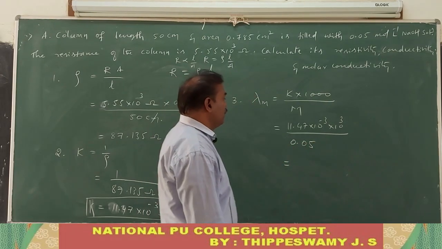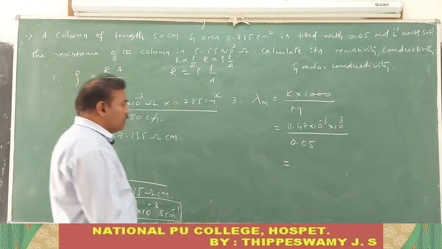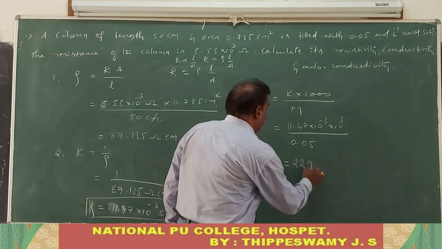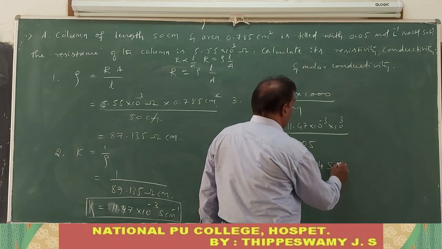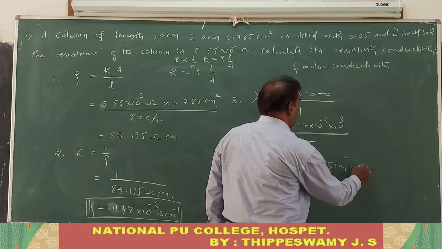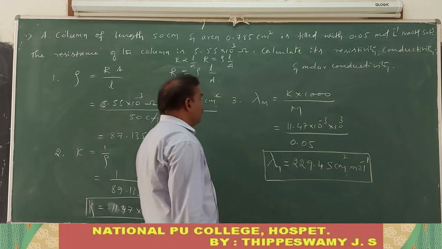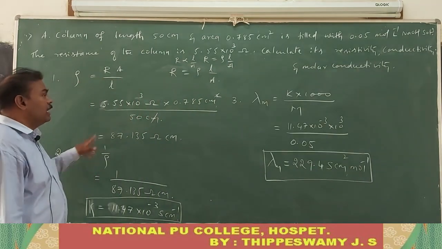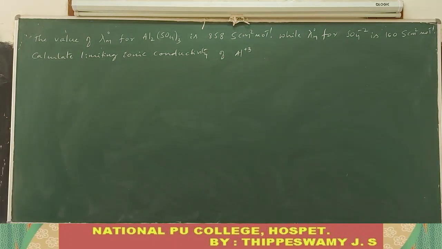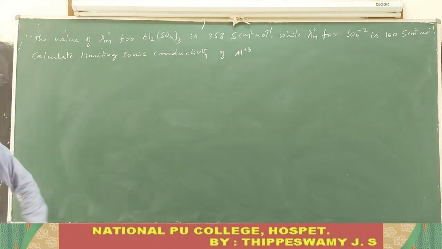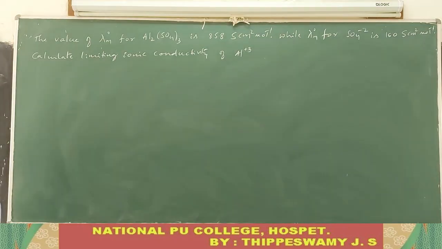So then what is the unit here? Can you tell me now? What is the final answer? This is 229.4. The unit of the molar conductivity will be Siemens centimeter square per mole. So this is regarding molar conductivity. This is about the conductivity and it is about resistivity. Okay. We will just go through the numericals based on the Kohlrausch law. Already we have studied the Kohlrausch law and the mathematical expression given by it.